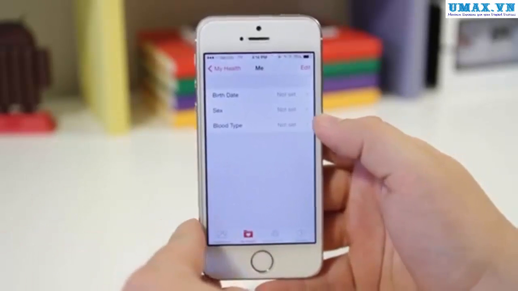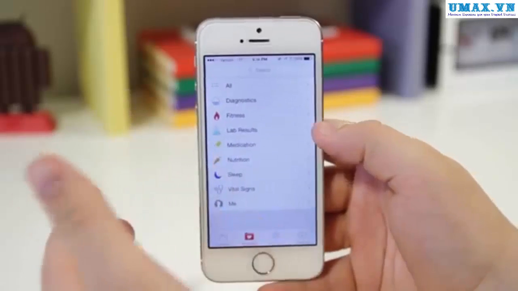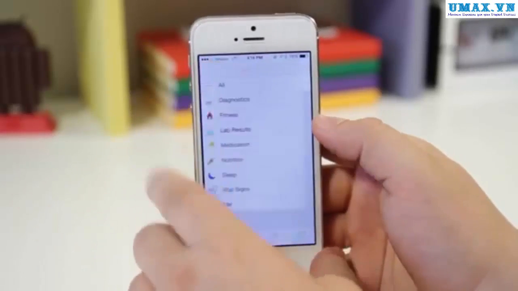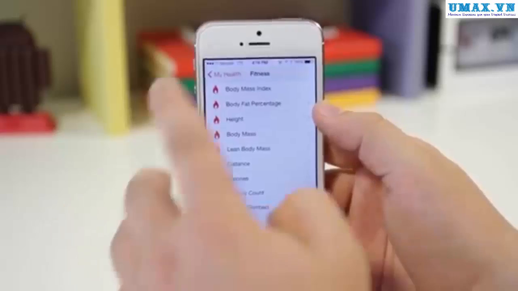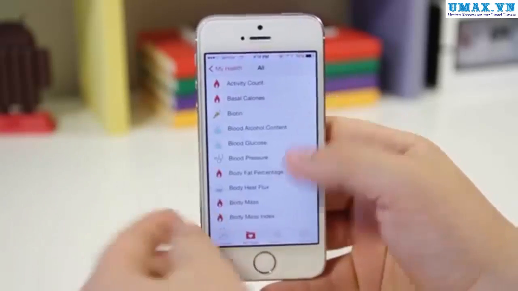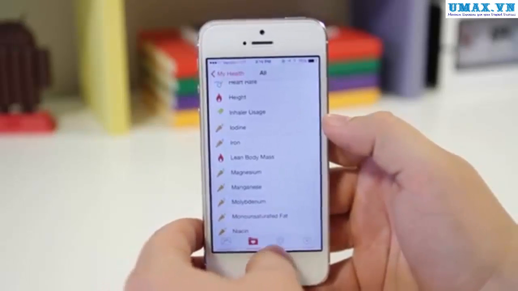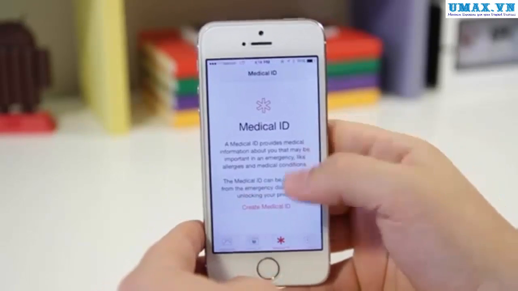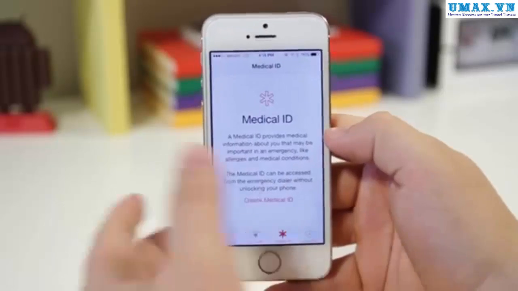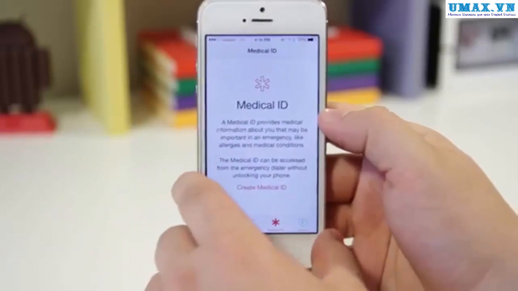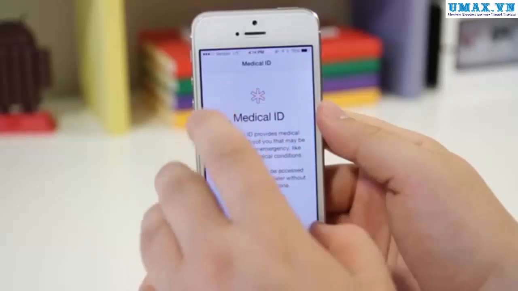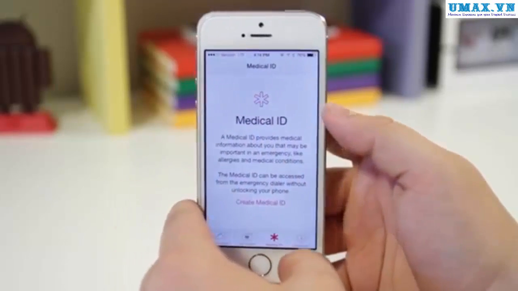I just downloaded the application, but it'll just have some different types of blood types. You can go to the different medication that I need, tracking my fitness, and all of the above. So it really gives you a very thorough breakdown of your current state of health. You also have your medical ID, so you can log this in case you are in a car accident or in some sort of accident. They can pull up your phone and go ahead and see all the information they need about you at a